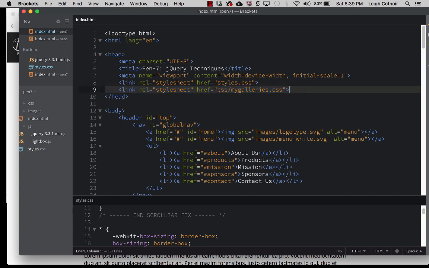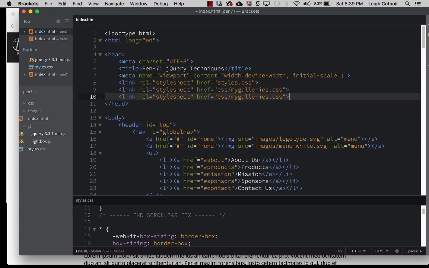So I'm going to copy that, and I'm going to change it from the my galleries, and not change it, but I'm going to make this new one link up to lightbox.css. Okay, so I'm going to load my CSS right up here for Lightbox. All right, and I'm going to save this, and then I also need to add the JavaScript library that Lightbox